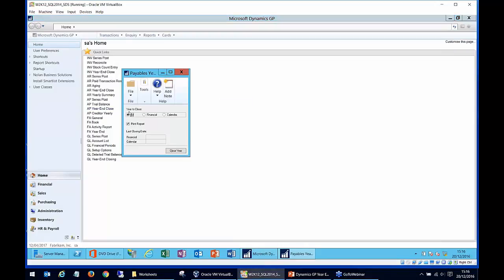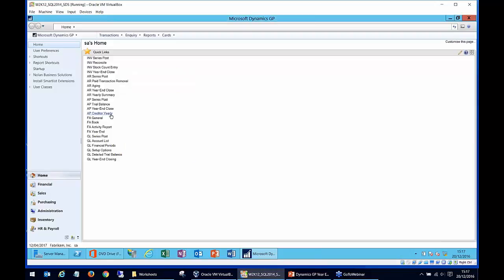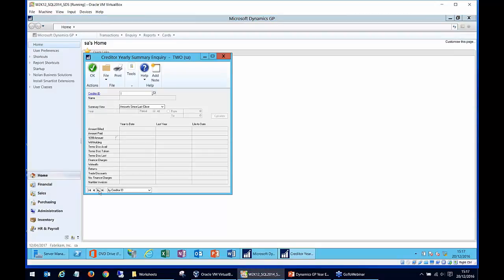Okay, and similar to the accounts receivable, you have the payables management year-end. So you can choose all there, and then you just click on close year, and it will close the year and then update the closing date there with the same date that we've just closed the year with. Okay, and similarly to the accounts receivable yearly summary, you have the creditor summary as well,